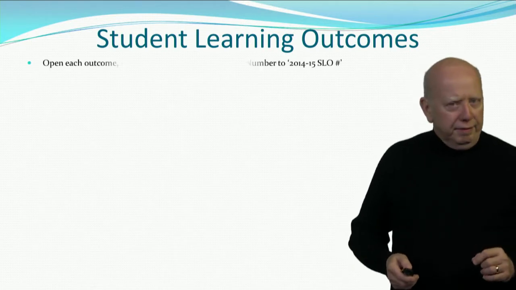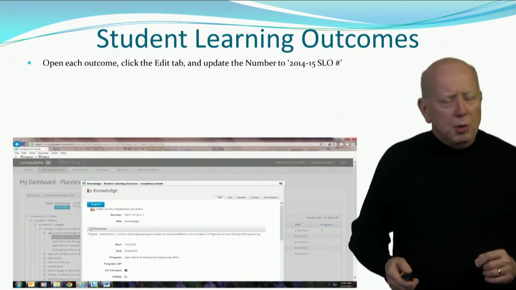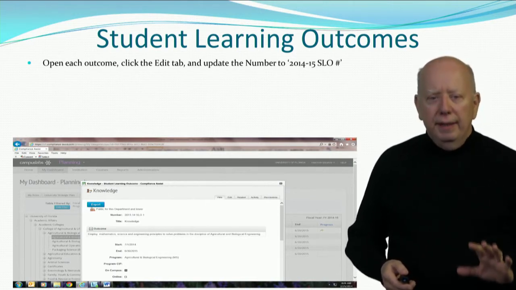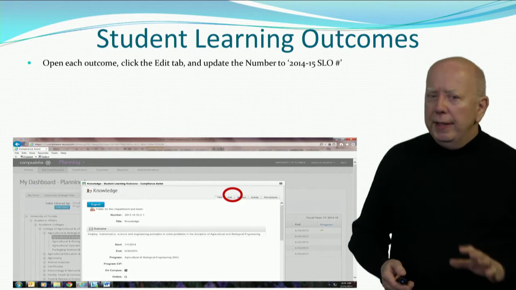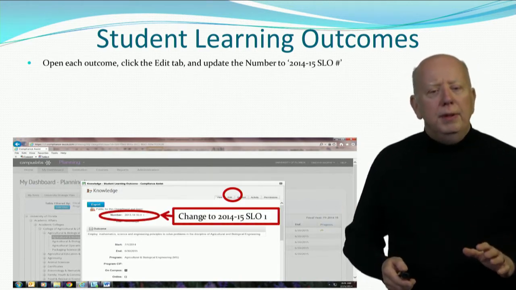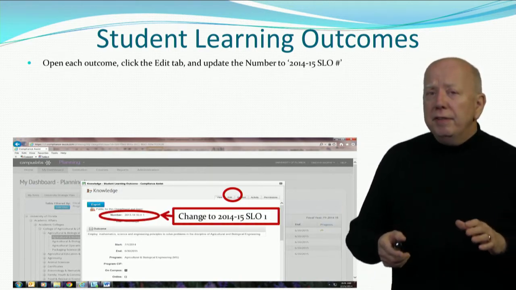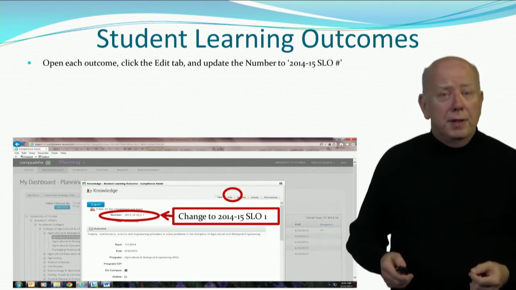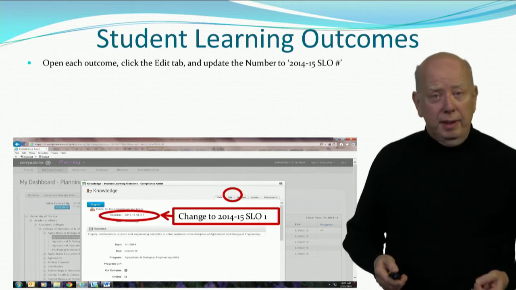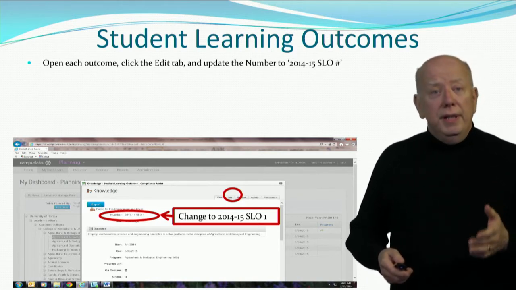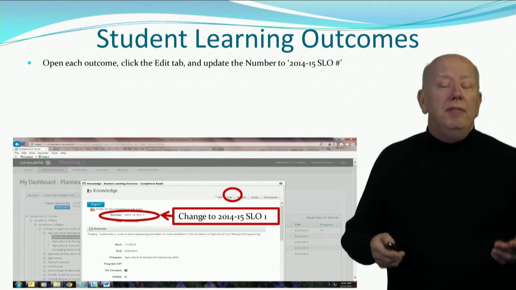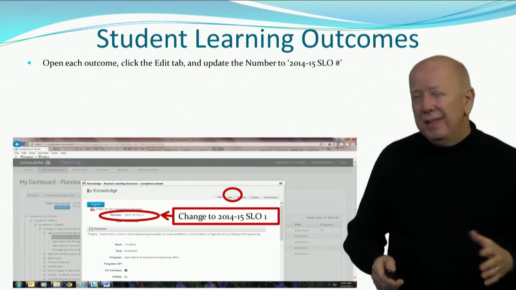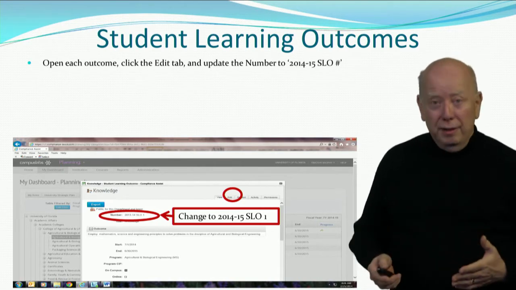Student learning outcomes are different in the planning module as far as how we modify them. You're going to have to open up each outcome using the Edit tab that you see here. You're going to have to update the number to 2014-15 SLO and whatever number it is. I've given you an example here in this particular program that I'm using as an example where the 2013-14 SLO1 would be changed to 2014-15 SLO1. Now that is something you'll have to do manually because our system just doesn't convert those titles for us or